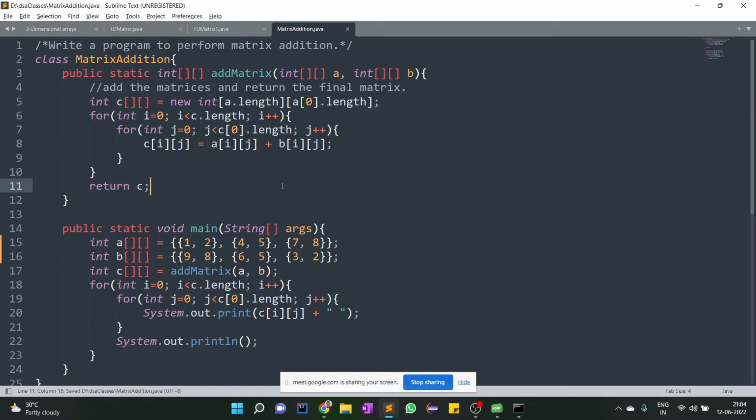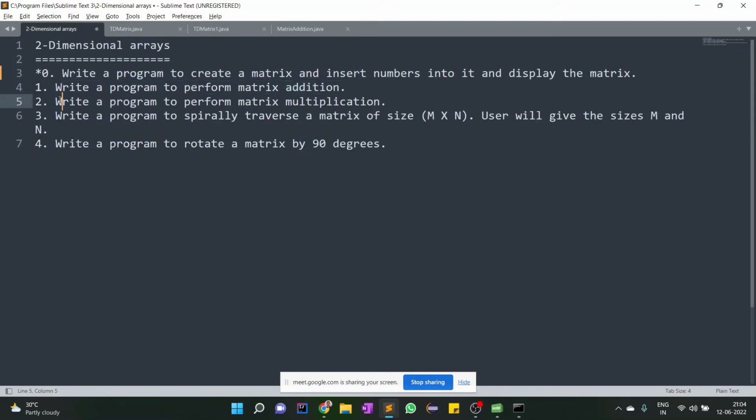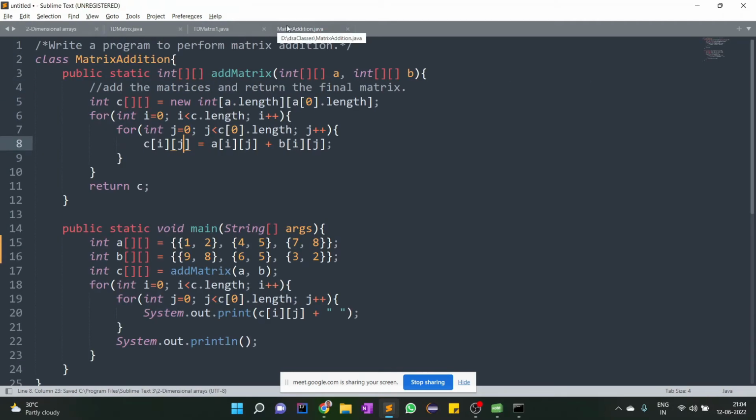So very simple. What I have exactly done is C of ij is equal to A of ij plus B of ij using a for loop logic and return the C value. That's it. Very simple code. So matrix addition was very simple. I deliberately kept a simple question to give confidence to you. But my next question is